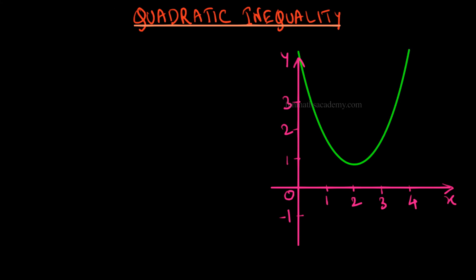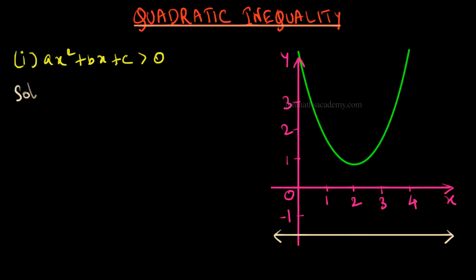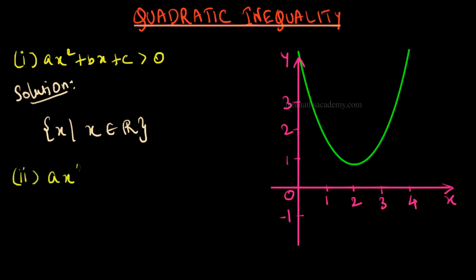We know that a quadratic curve will meet the x-axis in either two places or one place or no place at all. In such a case, what will the solution of this inequality be? Suppose that the curve doesn't meet the x-axis but stays above the x-axis. As the curve is above the x-axis, the value of the curve will be greater than 0. And so, the solution will be all the values, that is, the set of all x such that x belongs to R. You will also see that ax squared plus bx plus c less than or equal to 0 will have no solution at all because the curve y neither touches 0 nor takes a negative value.